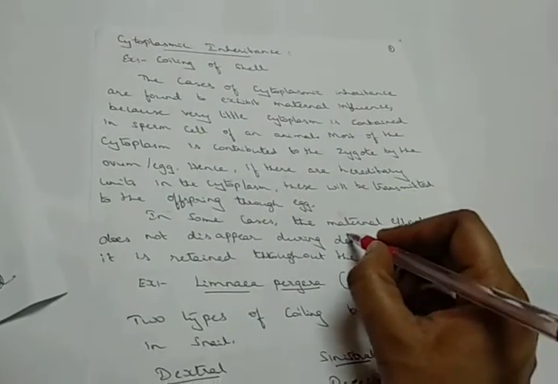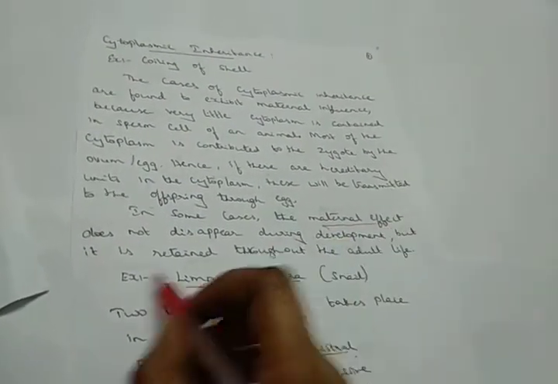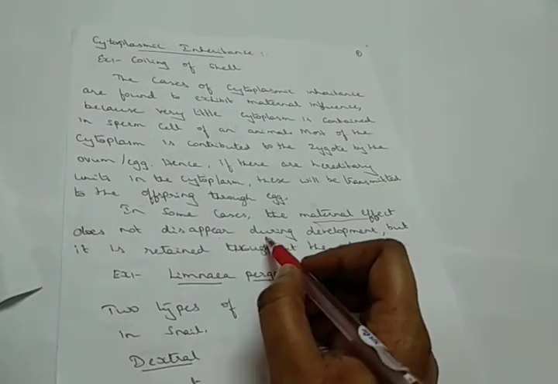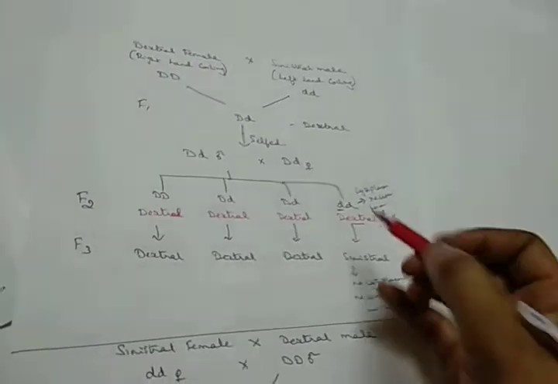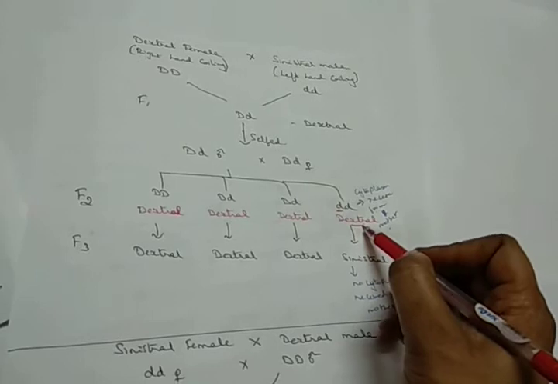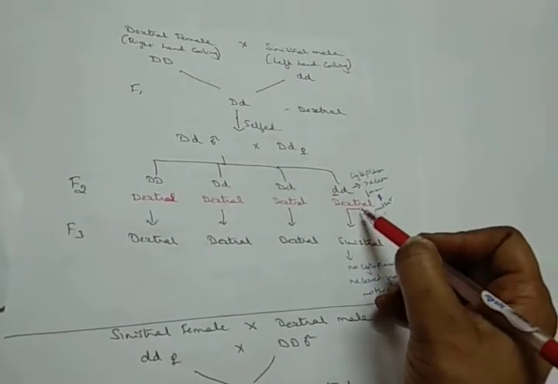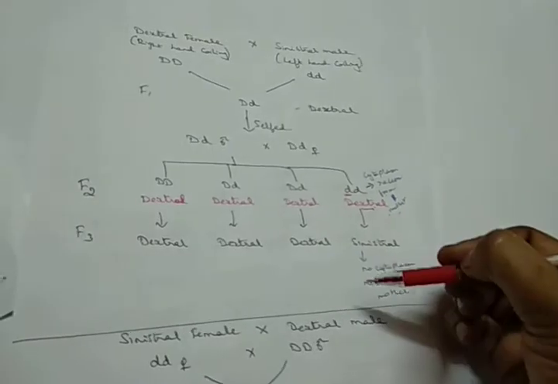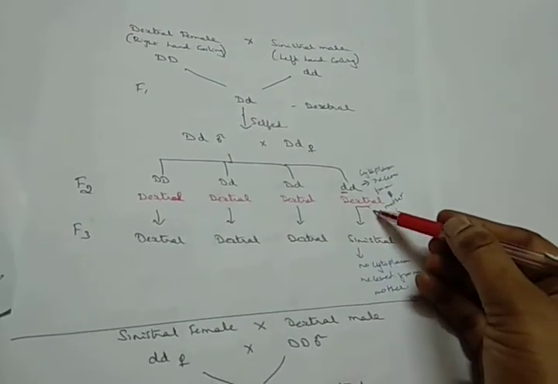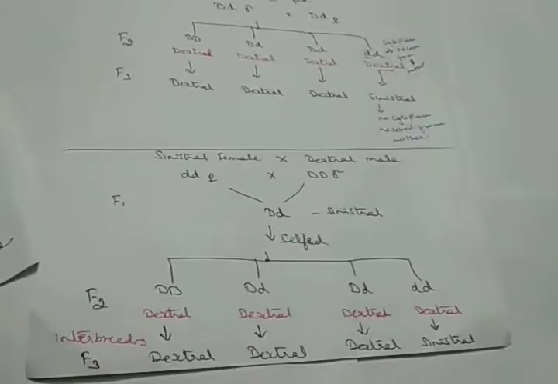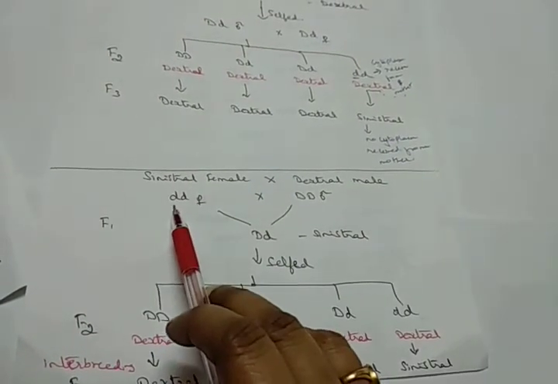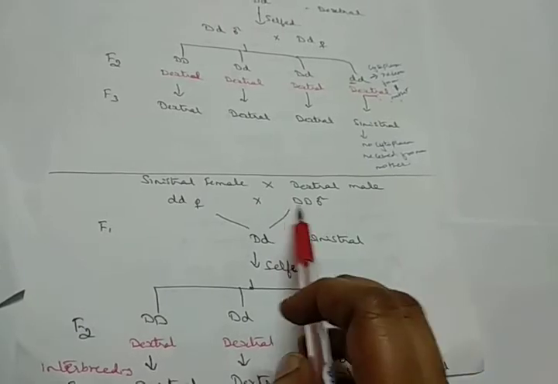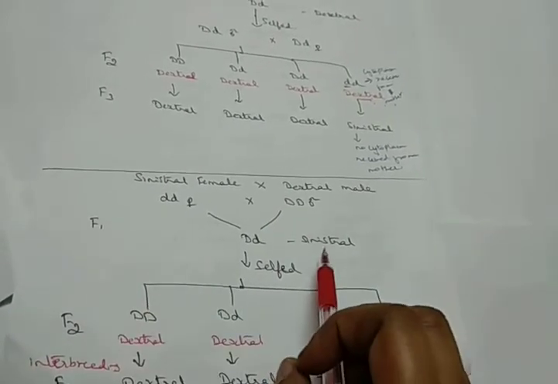Previously we have seen the maternal effect is not going to disappear during development, but it is retained throughout the adult life. So this is the adult life where the changes have been occurring. So this is how the cytoplasm is going to be inherited or give a difference in the offspring. The same way you can take another example, the sinistral female with the dextral male. The sinistral female, small d, and the dextral male, capital D. In F1 it will be sinistral,